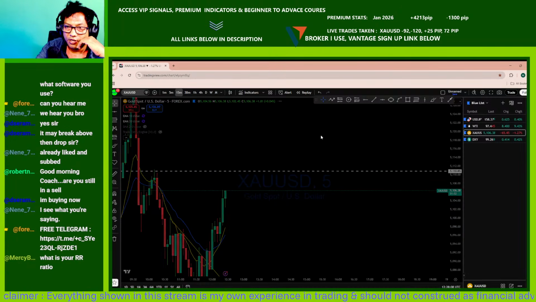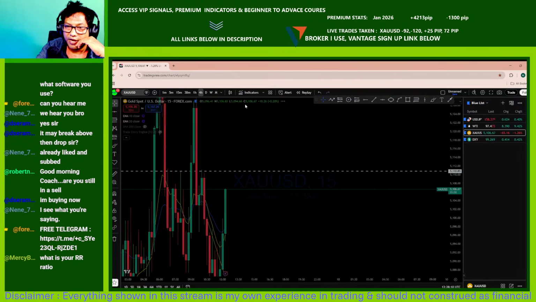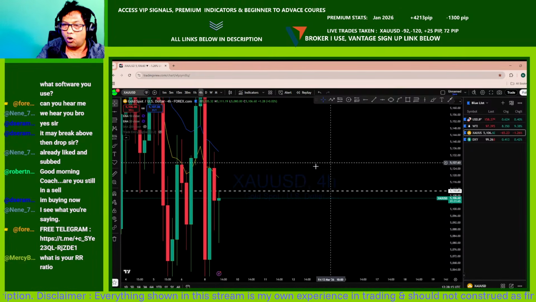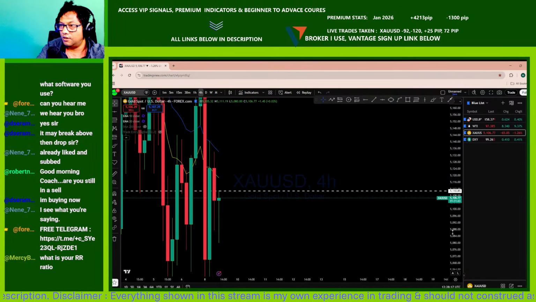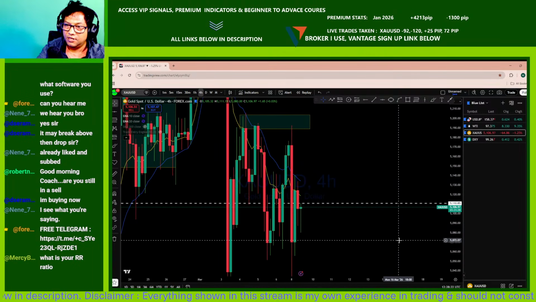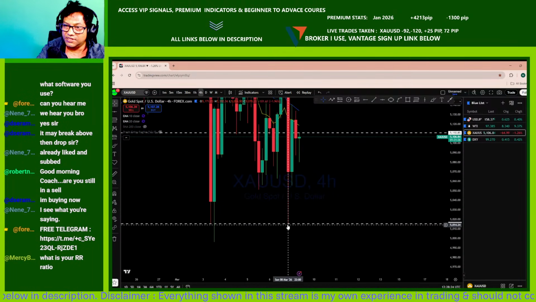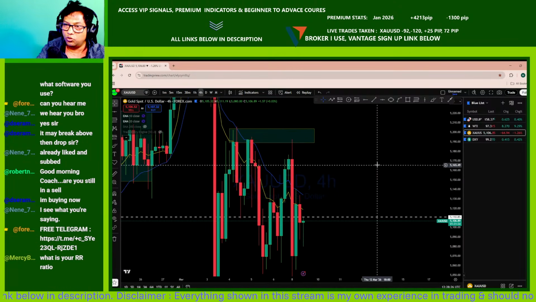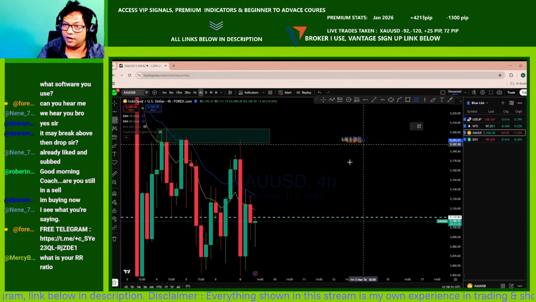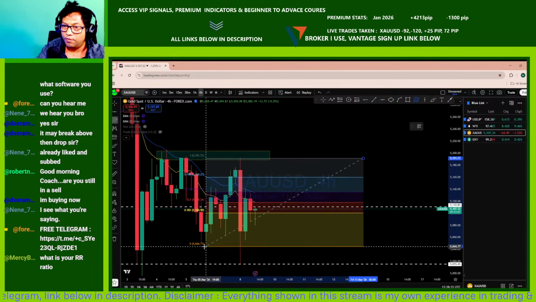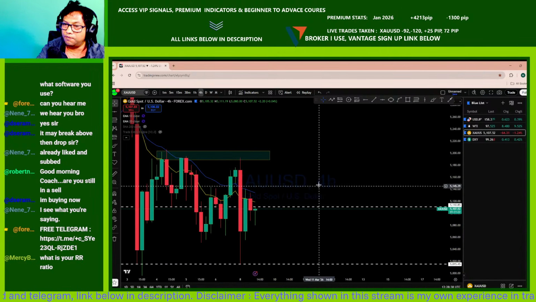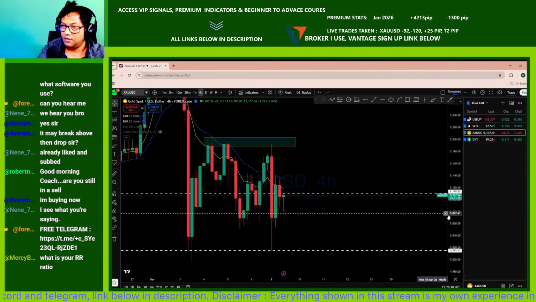Okay, so here it's breaking back above here from the intraday. So if you look at the 4-hour here, it almost reached that. 1.5 hours remaining for this 4-hour candle to close. But we can see that after today's massive drop here, the market pulled back to nearly 50%, right? So look at the Fibonacci from this high to this low. So it's almost a 50% pullback now from today's movement.